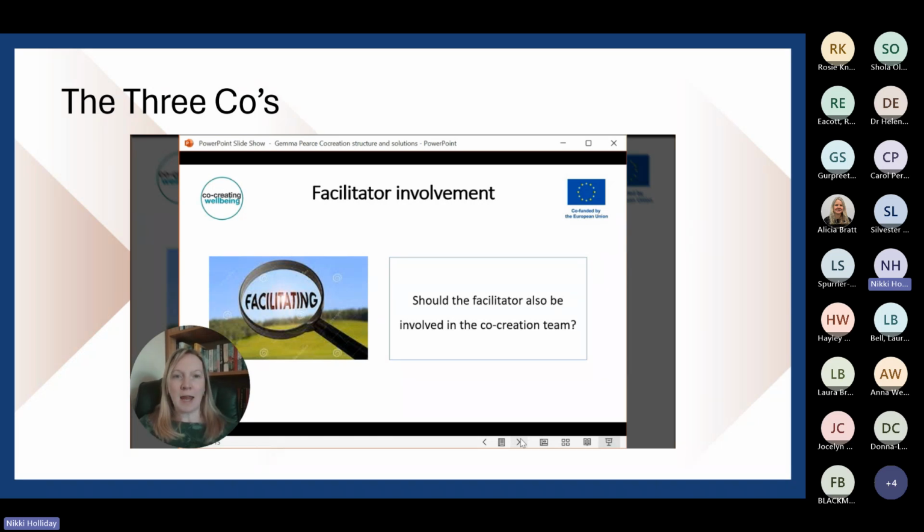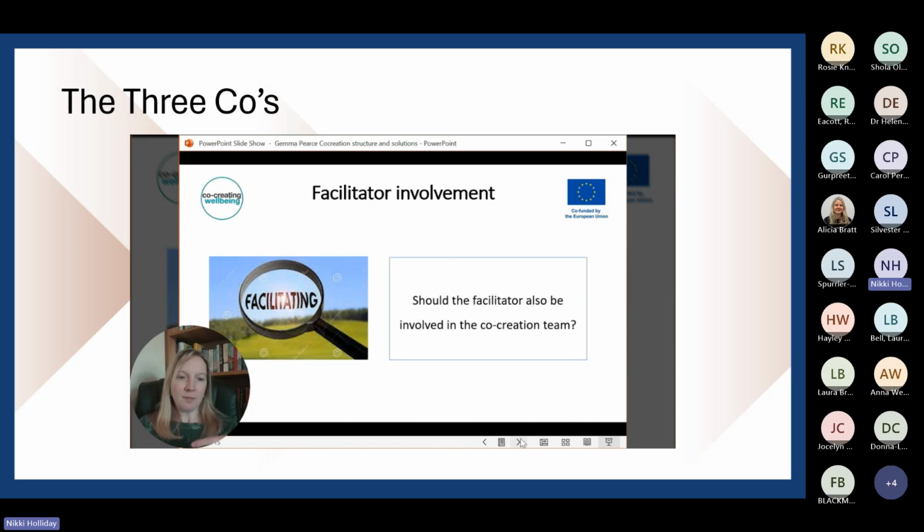Is it that they are going to be really heavily involved in the co-creation activities, and therefore maybe the facilitation should be divvied up across everyone that's involved, so it's not just one person doing it and it spreads out that power? Or is it that that co-creator is involved in a way that they are facilitating the activities and they are responsible for the co-production of the outputs agreed and then going back to them for the co-refine